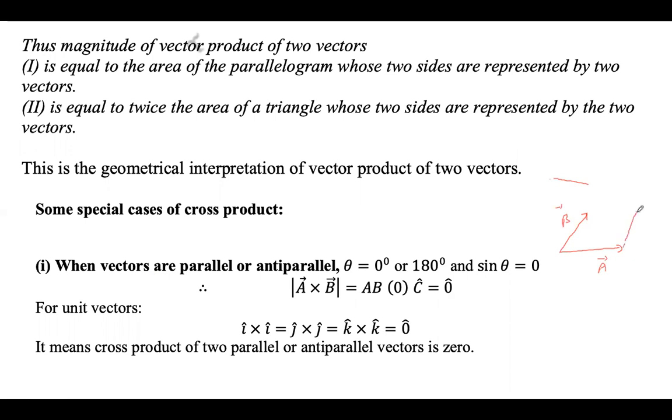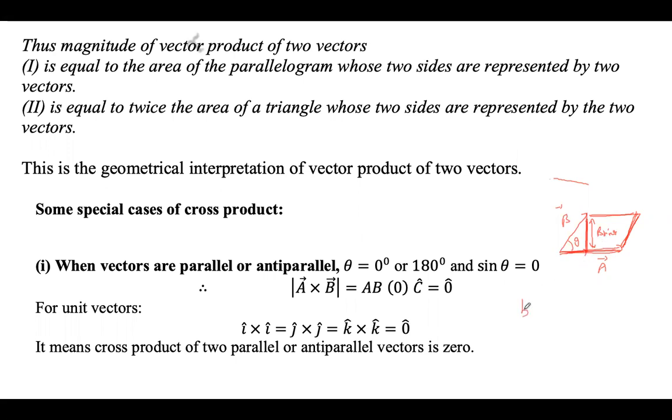Then if you complete the parallelogram, the angle between these two vectors is, let's say, theta. So A cross B is basically equal to the area of this parallelogram. कैसे? देखो, when I say B sin theta, तो ये जो distance है ये B cos theta होगा और ये जो distance है this is B sin theta, right? So product of the base and the height, altitude, ये है क्या? Area of parallelogram है. B sin theta height हो गया h के बराबर.